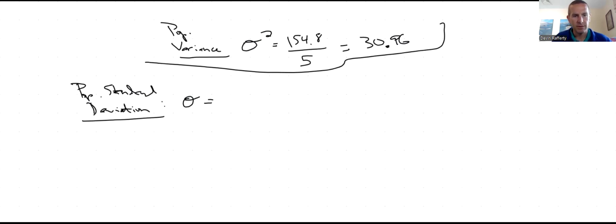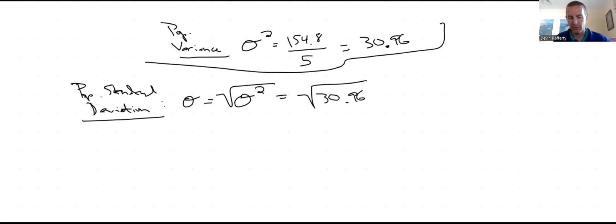We already know sigma squared, the population variance. So we just have to take the square root of 30.96, which equals